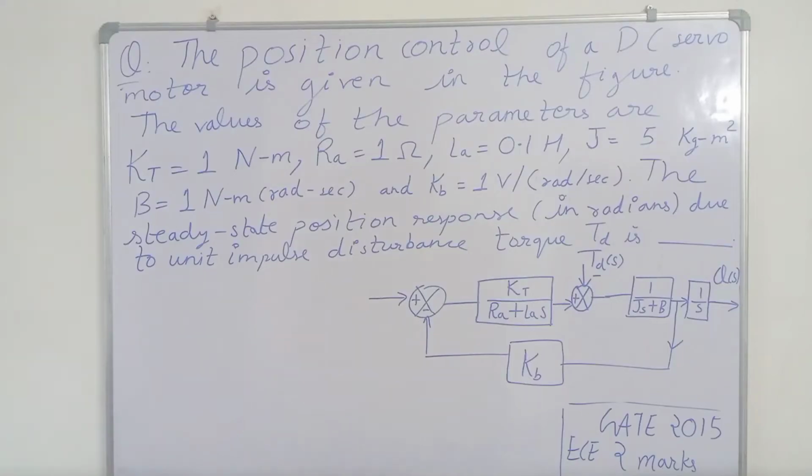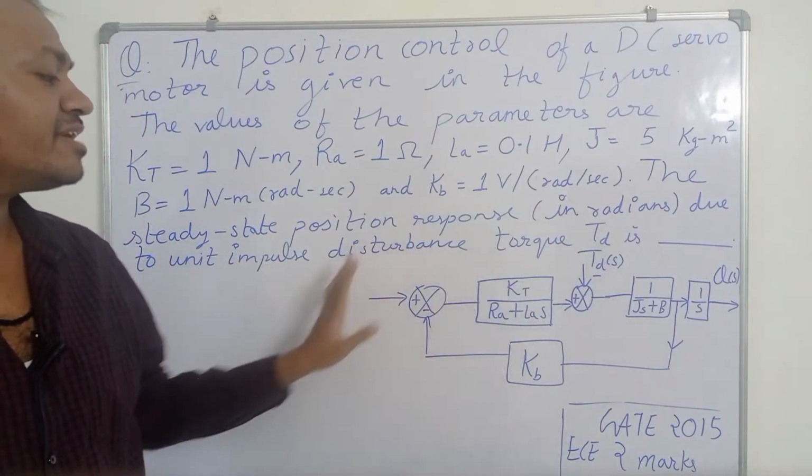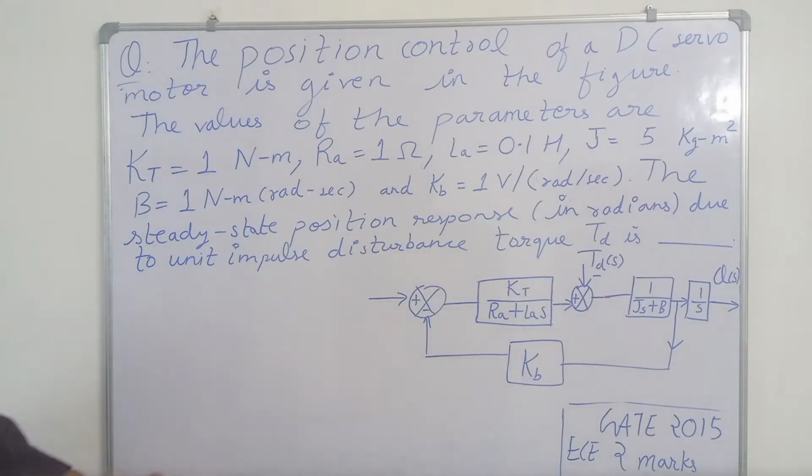We are solving a question from GATE 2015. It is from control systems and from the electronics branch. It says that the position control of a DC servo motor is given in the figure. This is the block diagram for the position control of a